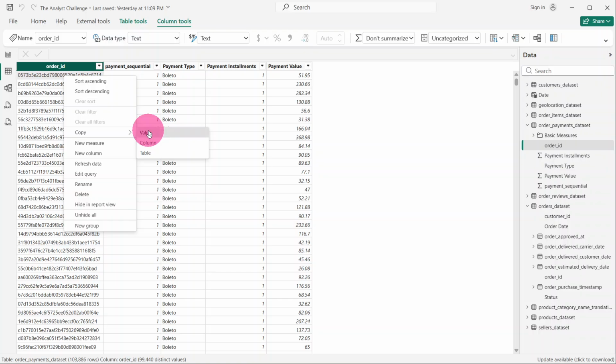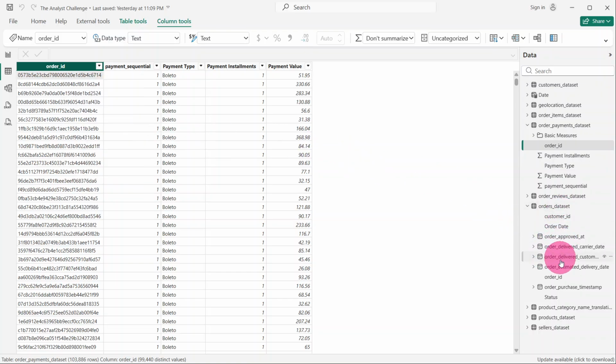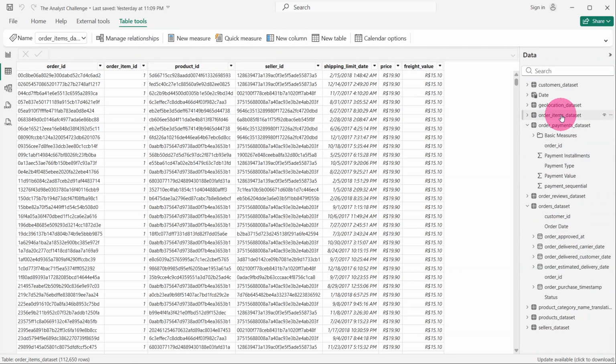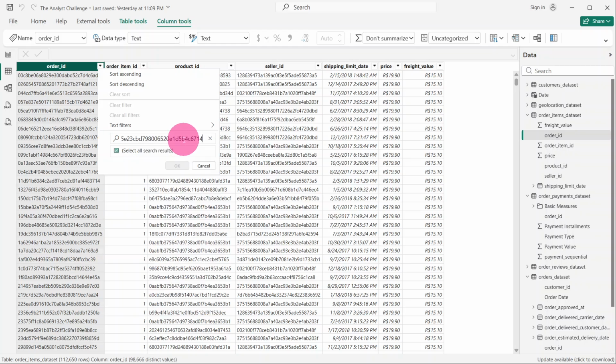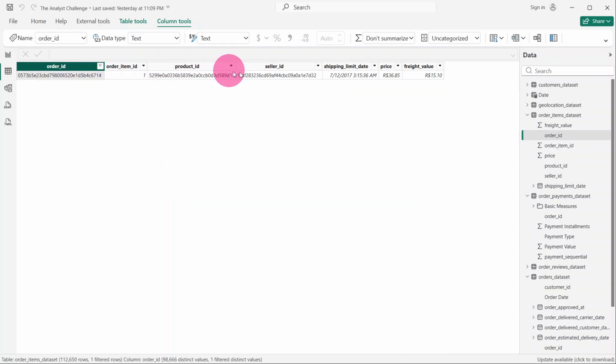I'll copy the order value. Then if I go to the order side, order items table, what you will notice is, if I search for that particular order, let's hope it's here. Yeah, see it here. If I search for that particular order, here, one product, you can see that if I add up the price